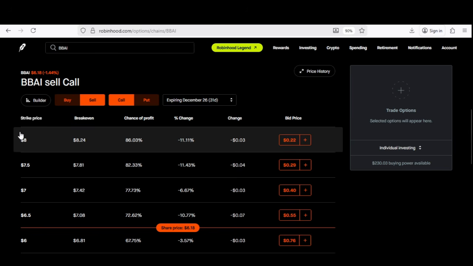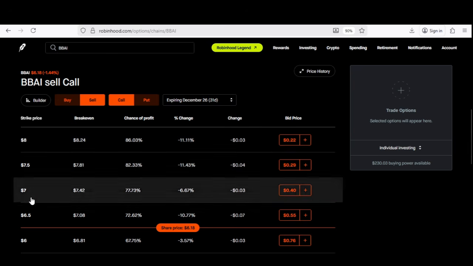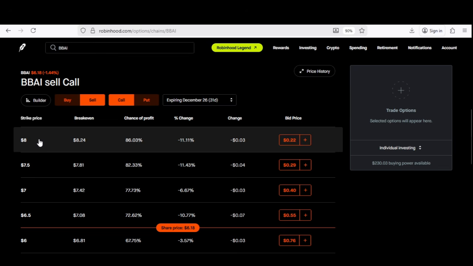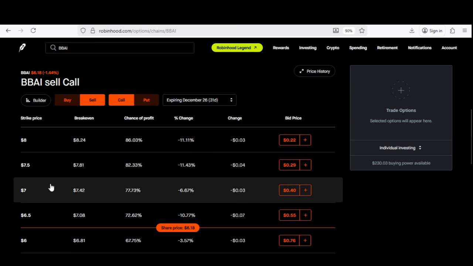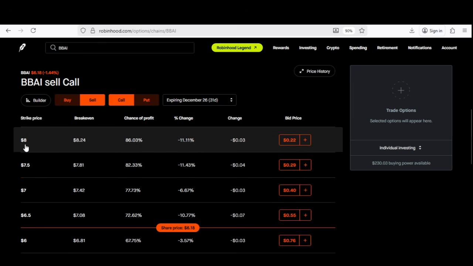By me going to the $8 price right here, I just want to give myself some additional wiggle room in order for the stock to move. So if the stock were to have a big move right now and it goes to $7, that's fine. I gave myself some additional room. So in order for me to lose this trade, the stock not only has to go past the $7 price that I showed you as the upper channel, it has to go all the way up to $8. Now, if that happens, I'll be making some income, but I'm going to get to that income in just a second. Let's work on the consistent income right now.